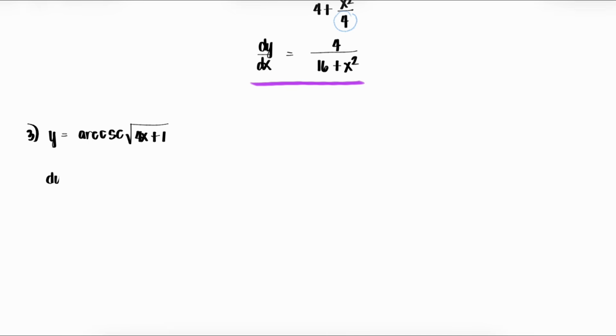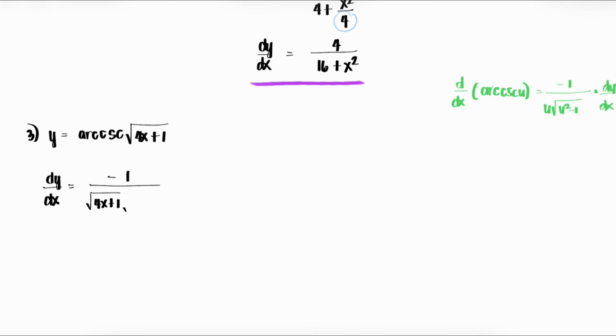Finding the derivative using the formula dy dx. Remember that it is negative 1 over, okay, let me write the formula on the side. So the derivative with respect to x of arc cosecant of u is equal to negative 1 over u square root of u squared minus 1, and we're going to be multiplying it to the derivative of u with respect to x. So negative 1 over u, then we have to copy our u here, the square root of 4x plus 1,